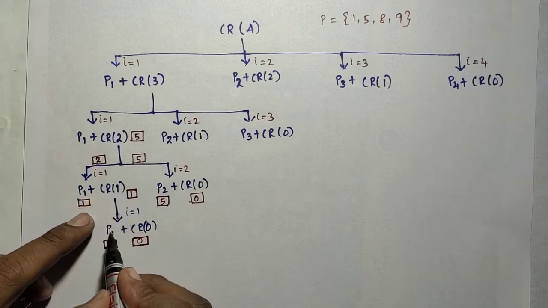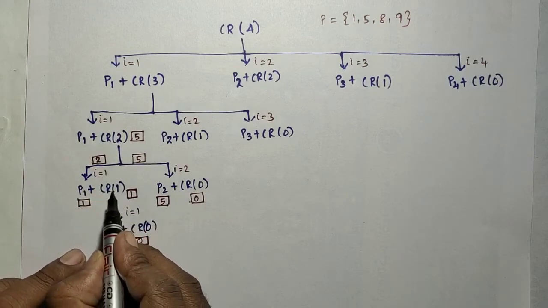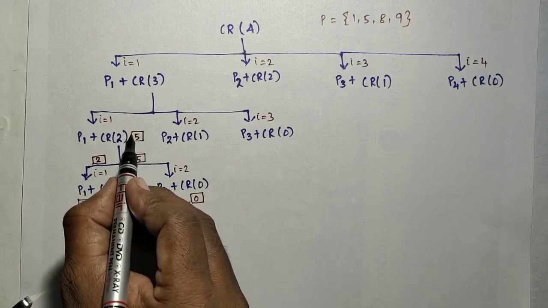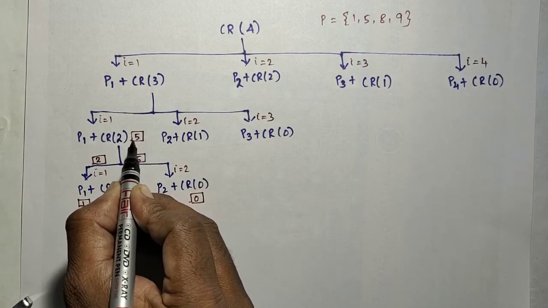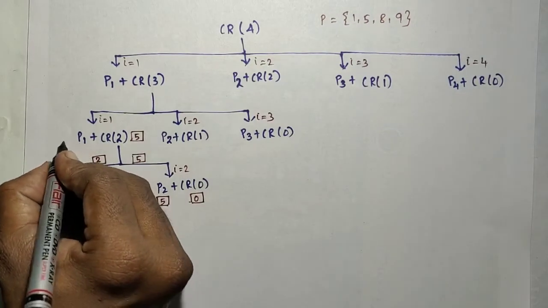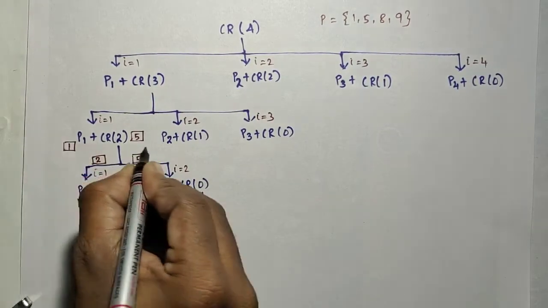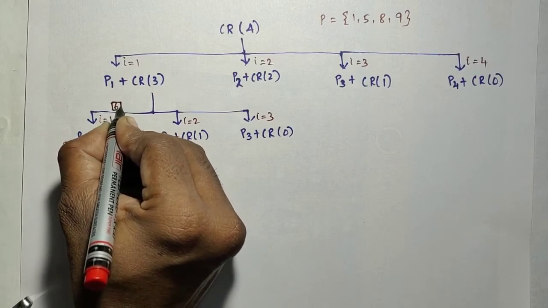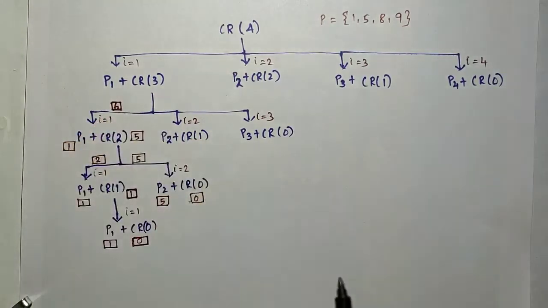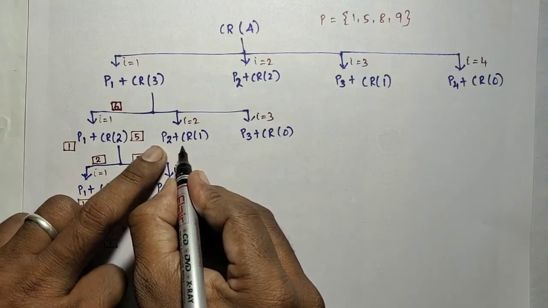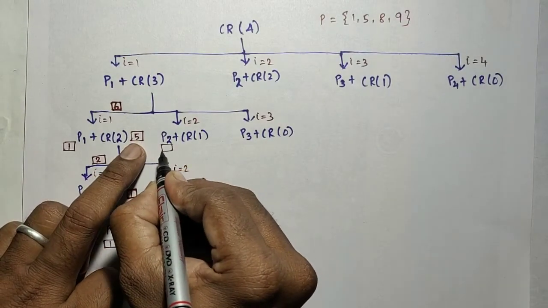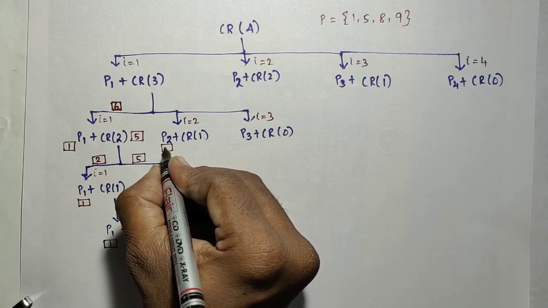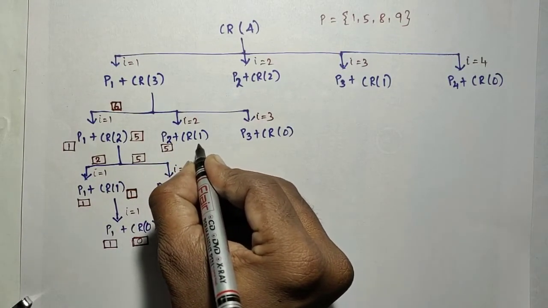Here maximum revenue of 1-inch rod is 1, that is returned. And here we determine the maximum revenue of a 2-inch rod, it is 2. And a 1-inch rod price is 1. So 1 plus 5 is 6. So for this branch it is determined as 6. Next this branch, come to this one. P2 price is 5 plus 1-inch rod price.